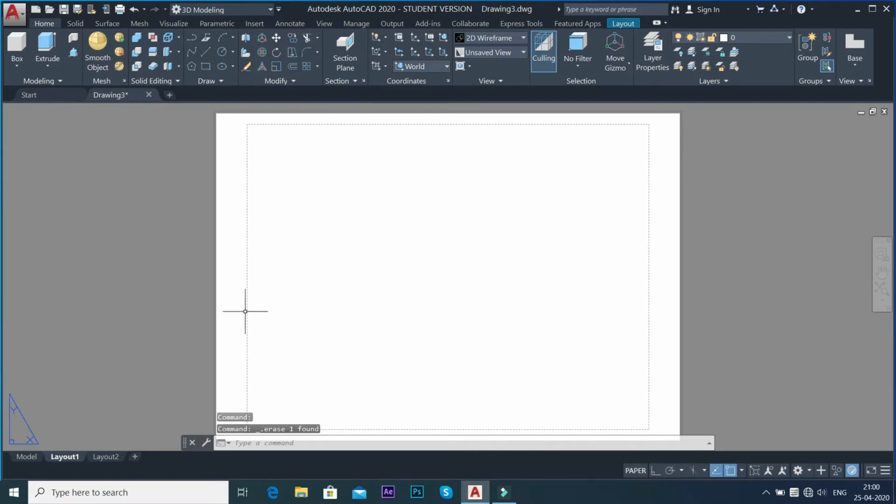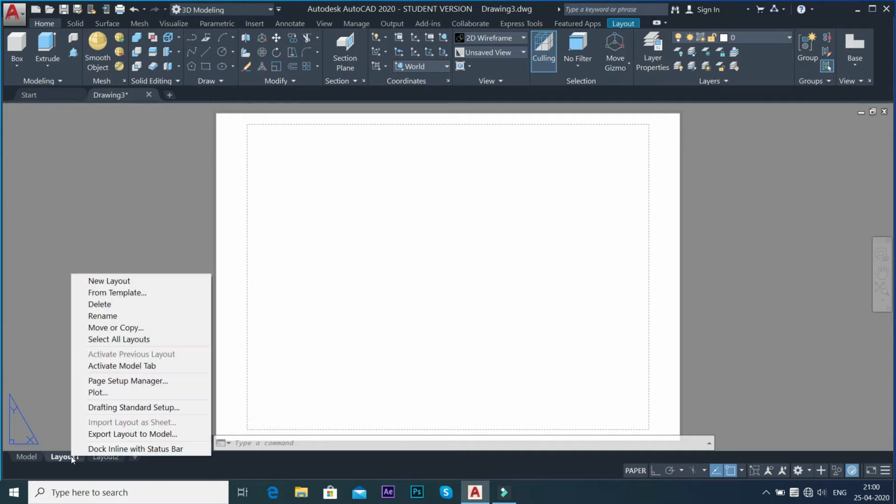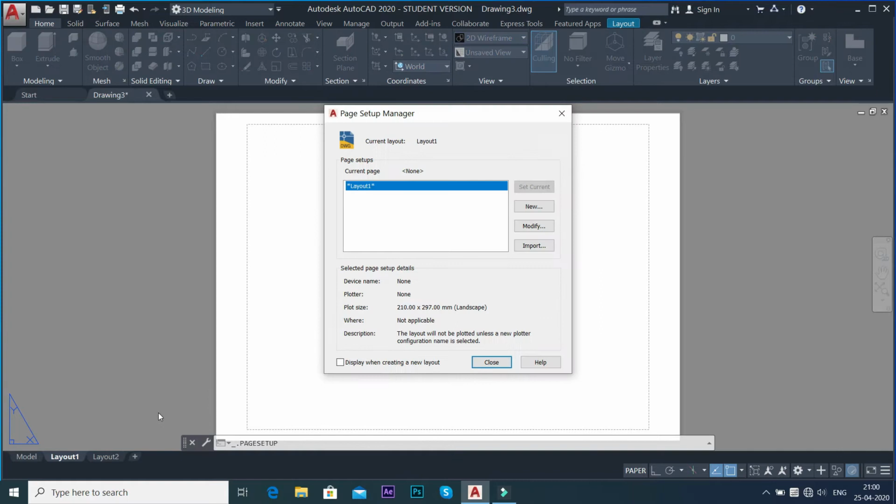Then the next thing that we will do is right click on this layout option and go to the page setup manager. Currently it's layout 1 because I am in layout 1, therefore it's selected.